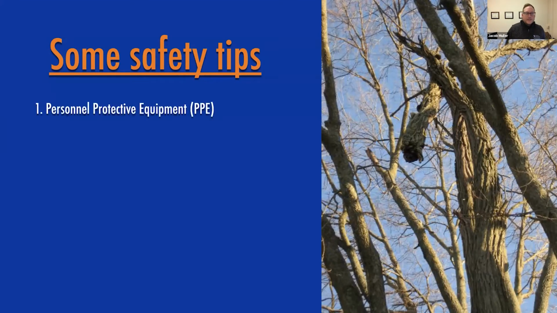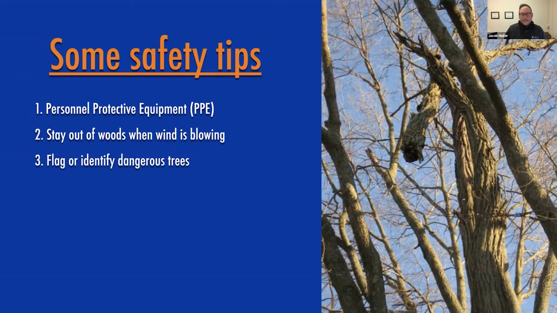Right. So tip number one, it's always important to have PPE, right? Personal protective equipment. That's a hard hat, oftentimes some sort of eye protection, and if you're doing any felling of trees or bucking up, to have proper chainsaw equipment, chaps, and a face guard. I mean, it's important that we stay out of the woods when it's windy, right? You can see in this photo here, there's this branch that's hanging up. It broke off and it got caught up in the canopy. This is what we call a widowmaker,